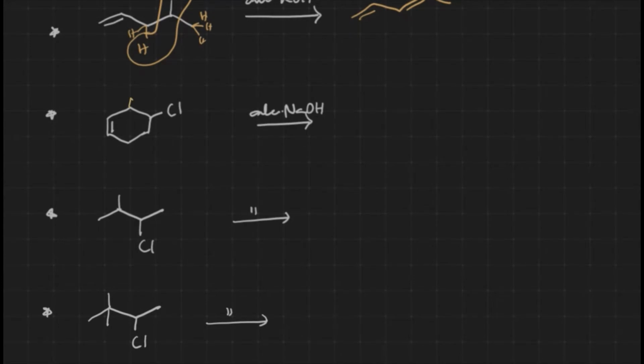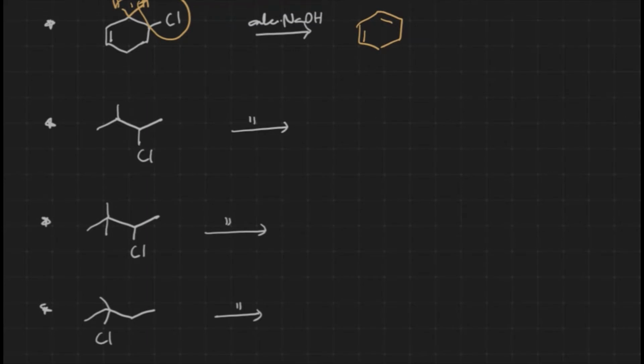Here also the same thing. This hydrogen gets out along with the chlorine because the formed product has a conjugated diene, because of which it becomes more stable. Similarly here also, as mentioned, internal alkenes are more stable. If hydrogen gets out from here, that is going to be the most stable because it becomes an internal alkene. That is how it is. Minus HCl.